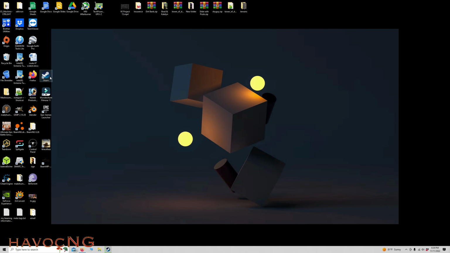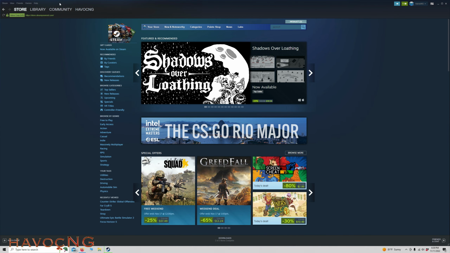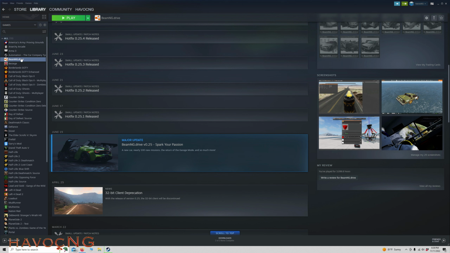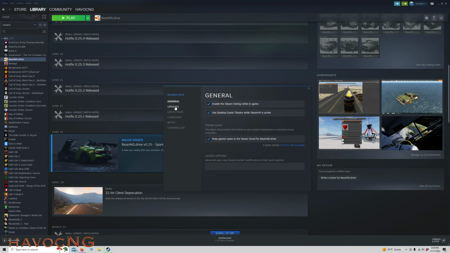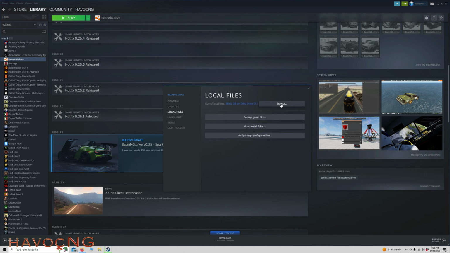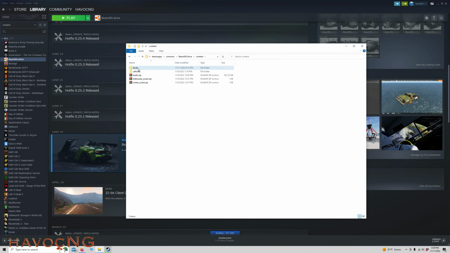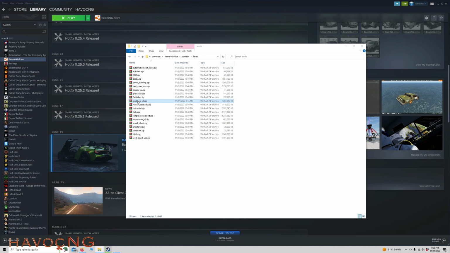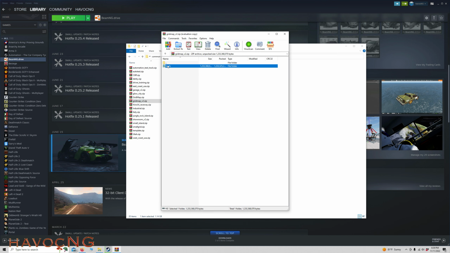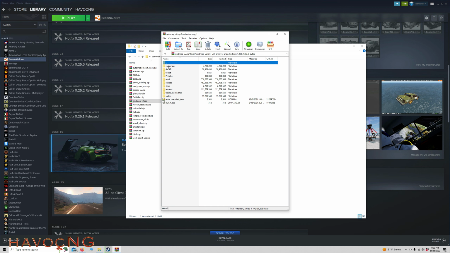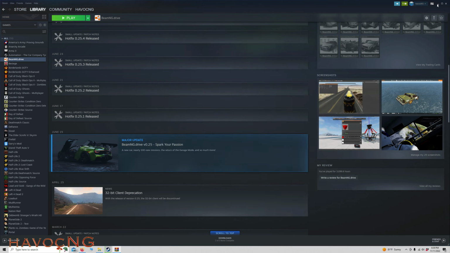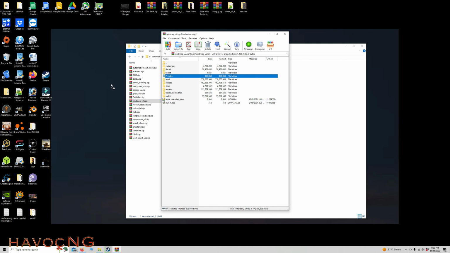Let's go back to Steam, because we have to go to that file location. Library, BeamNG, Properties, Local, Browse, and Content, Levels, Grid Map V2, Levels, Grid Map V2, Art, and right here, Prefabs. You can take prefabs, drag it to your desktop,